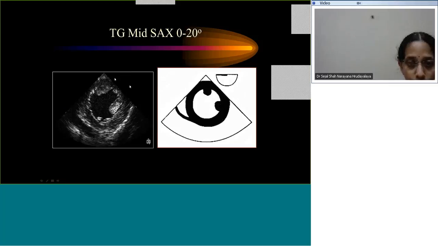So at the usual transgastric, we will see the left ventricle level. The one towards this is the posterior aspect, and this is the anterior. This is close to the probe, hence this is the posterior, this is the anterior. This is the medial, and this is